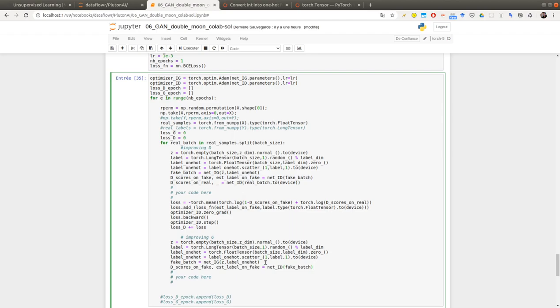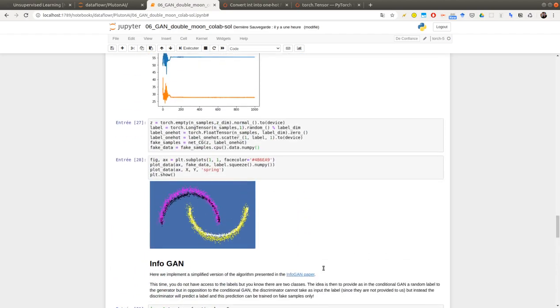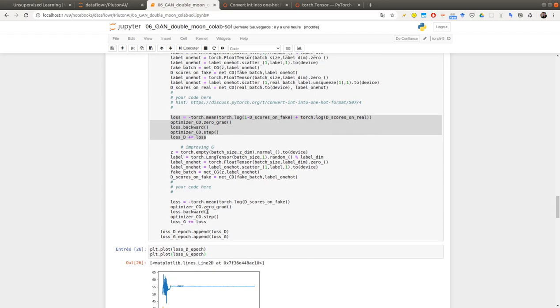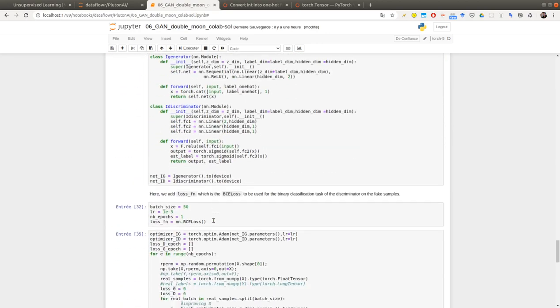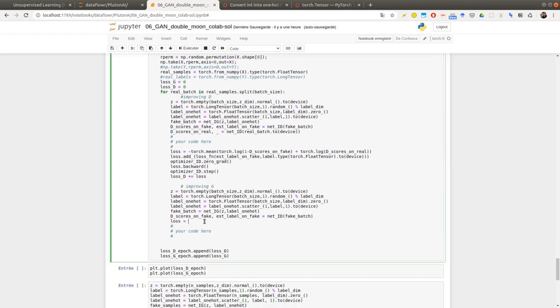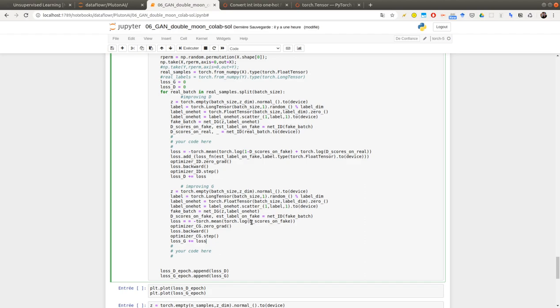Now the loss for the generator is what? Okay, let me copy and paste this and try to modify it.